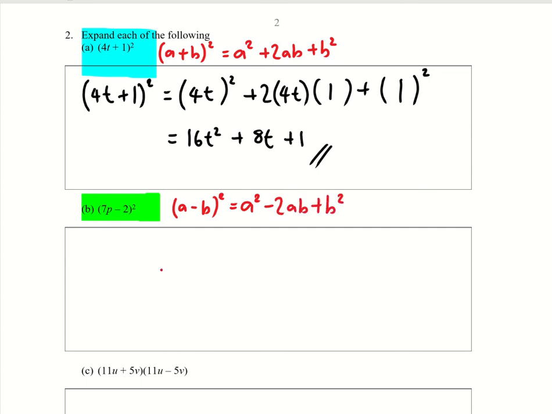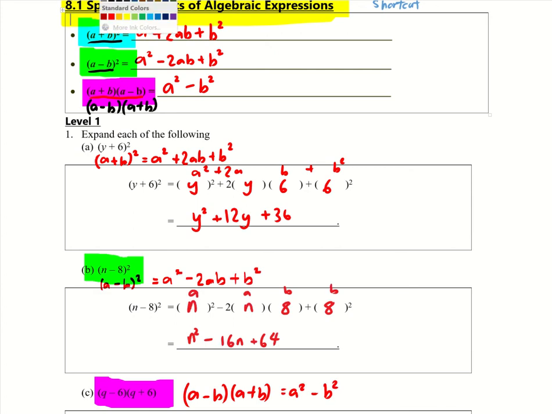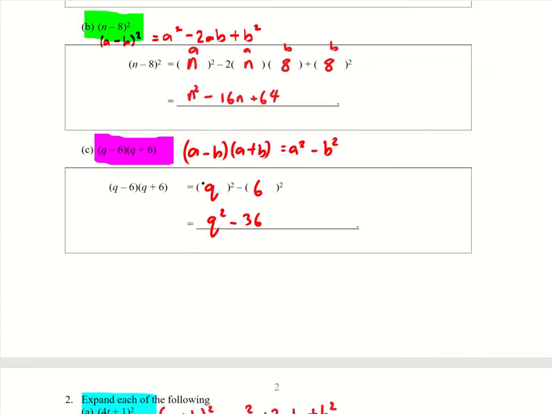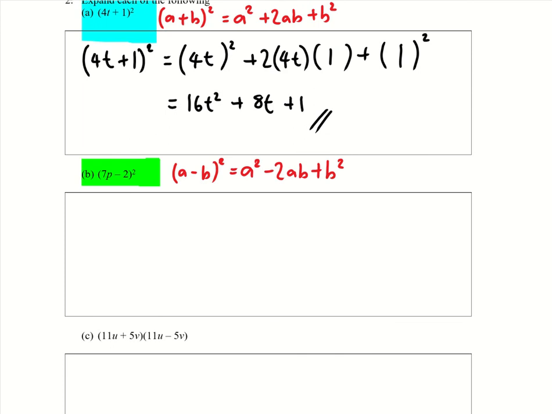So we will rewrite back everything again. We will write down 7p minus 2 the whole thing square is equal to,